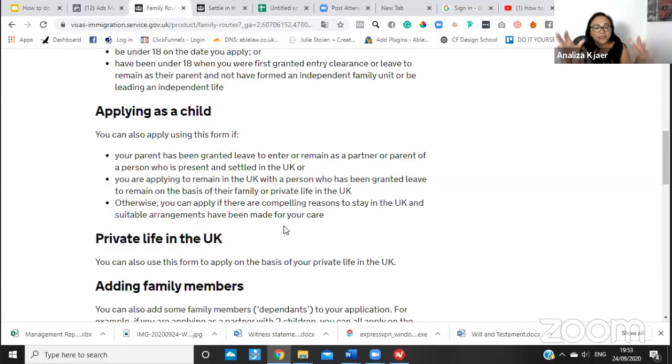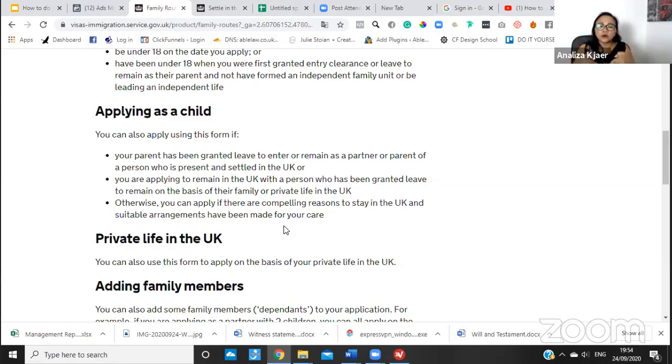Because sometimes you may make a mistake because you can't follow the questions, and you may have misinterpreted the question and answered it differently. I would not worry about that. If you submitted the application form and made a mistake, just make sure you go through it in your cover letter, because sometimes when you make mistakes, it then comes up with a whole list of documents that you are supposed to submit. One of the common ones that I found is if the applicant has a partner, and the partner has children from a previous relationship,